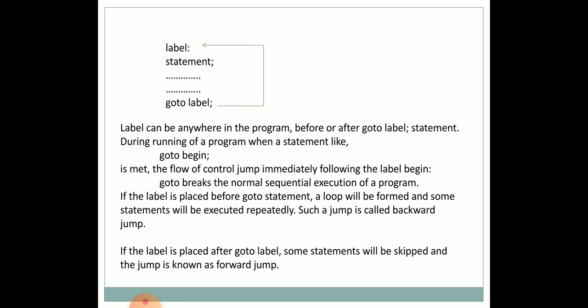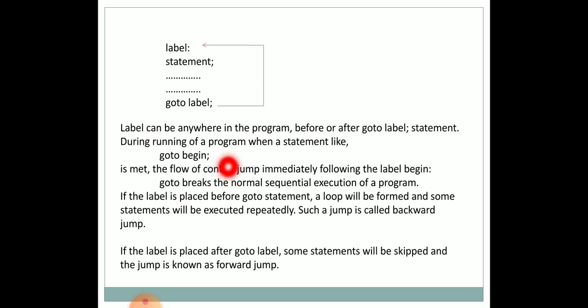During running of a program, when a statement like goto begin is executed, begin is said to be a label here; any variable name can be used as a label. Here we use the word begin as a label. So when we execute a program and when this statement is being executed, the flow of control jumps immediately to the part where this label is given.